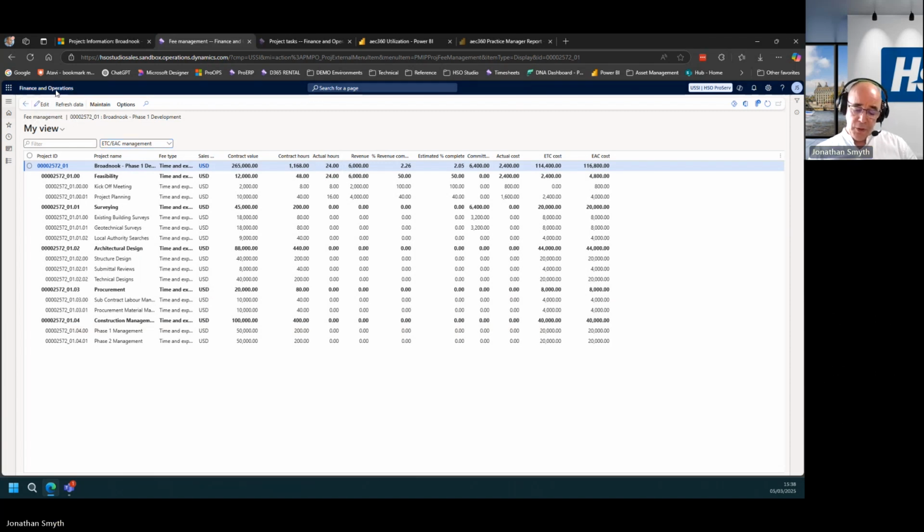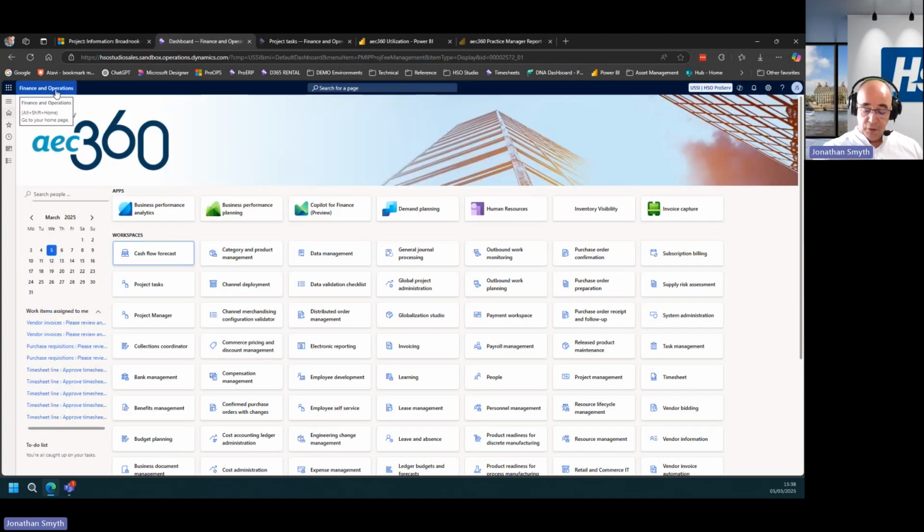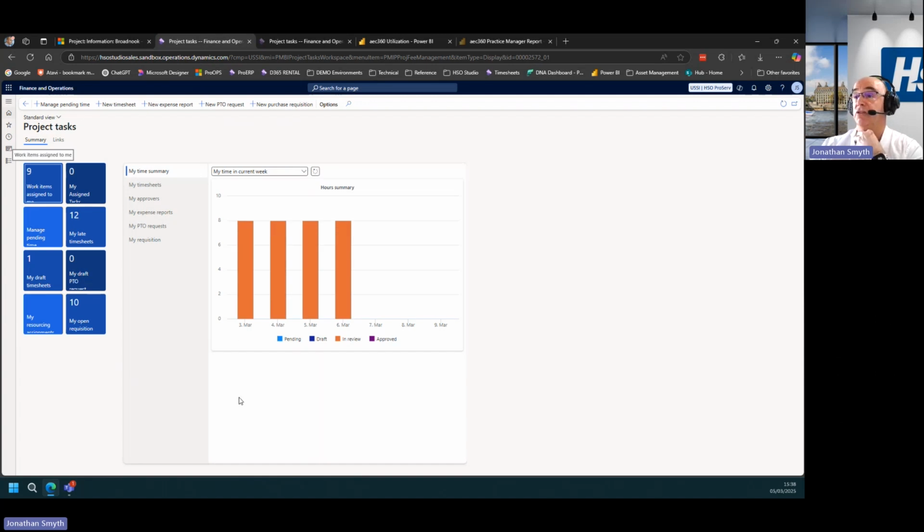So just thinking about one of the most expensive costs usually hitting our project, it's labor hours. So in this example, I'm just going to temporarily switch hats or change my role, and now I am a project resource. If I select project tasks, then what we should see in just a moment or two is a little BI graph just here, which will show me the time that I've recorded against my timesheets. There we go. So we can see, through the 3rd to the 6th, I've recorded 8 hours for each of those, and we can see the status. So they're currently awaiting approval.